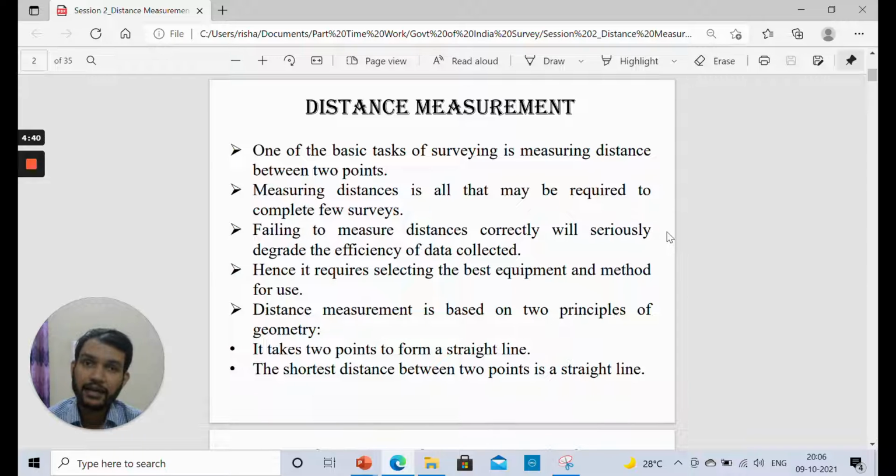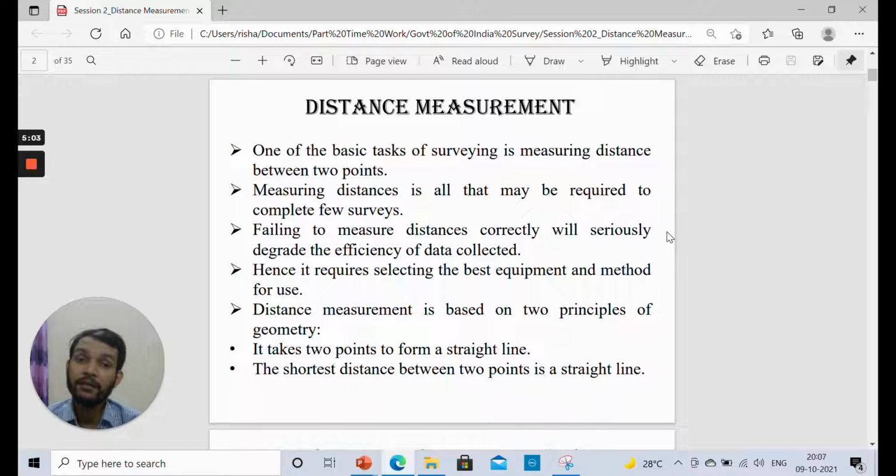At times, because maybe it has been used a long time ago, it has been used at so many survey sites, maybe due to the effect of temperature or wind or some kinking of the tape, it may happen that the tape now has the wrong length. Now 49.9 meter is the actual length of the tape, and you are every time considering it as 50 meter.